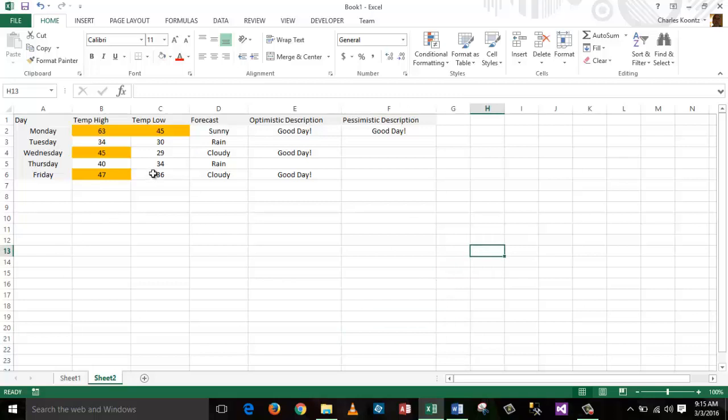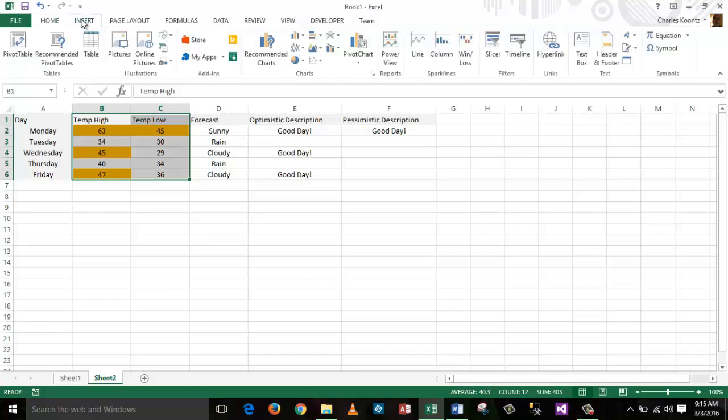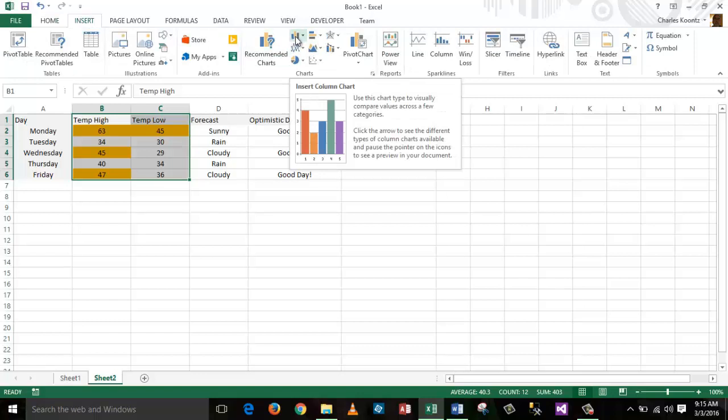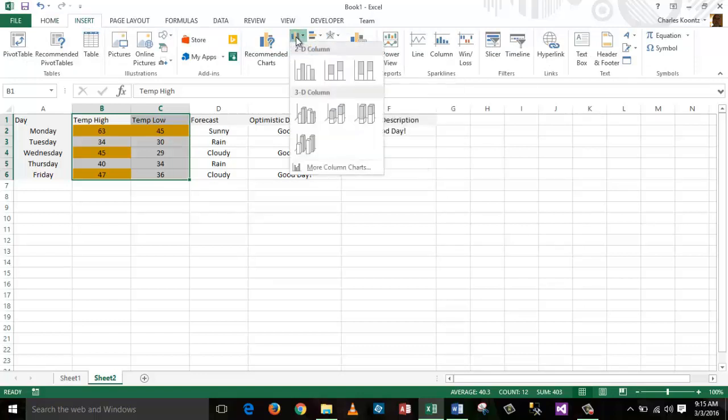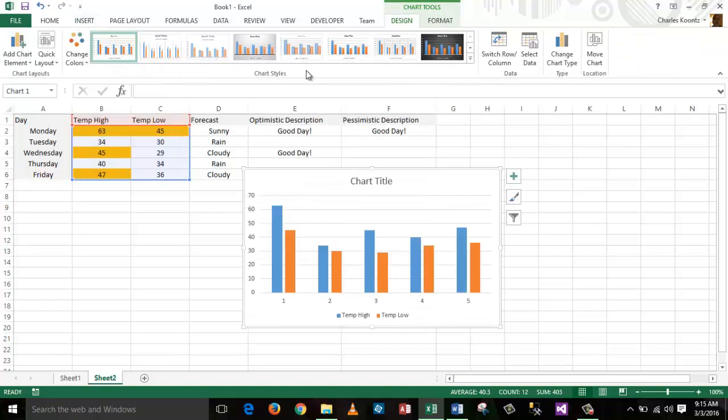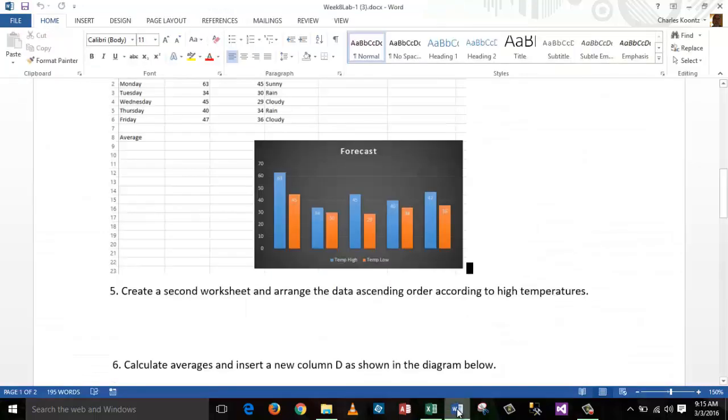So if I create the chart the way I showed in the Word document, the easy way to do that is just to highlight, starting with the column headings, which are going to be used as legends, the two columns of data that I want to graph, and go to the insert page, and this time I'll go straight to the column chart button, click on it, choose a column chart, and what I have is the data set up the way it is showing over here. Okay,